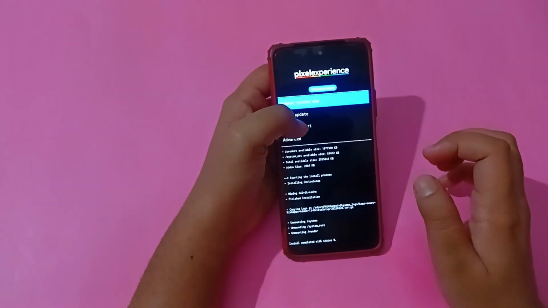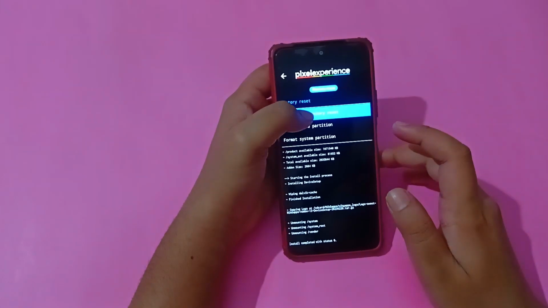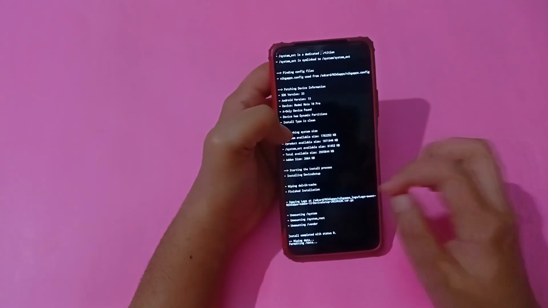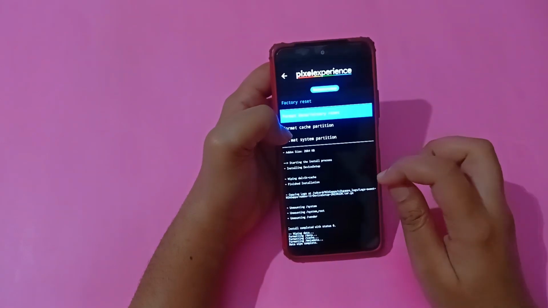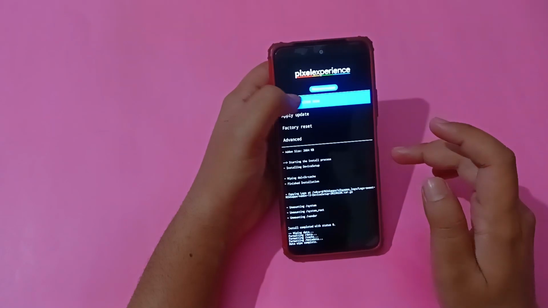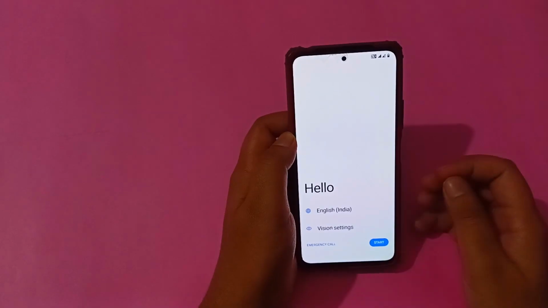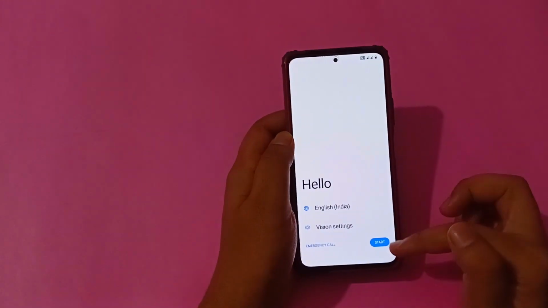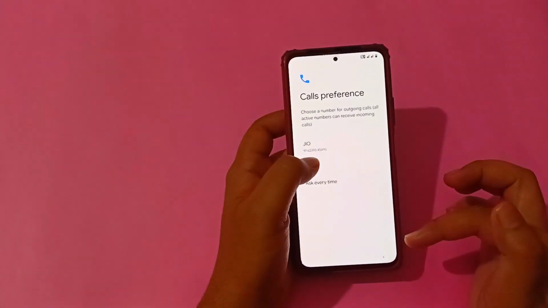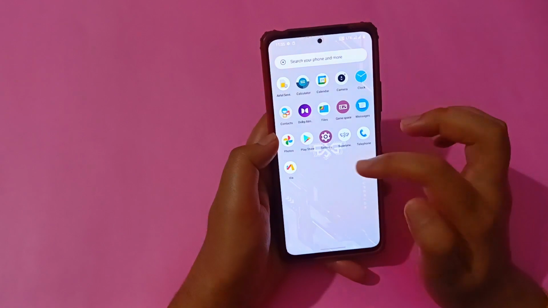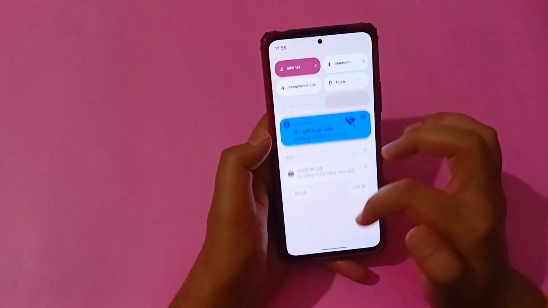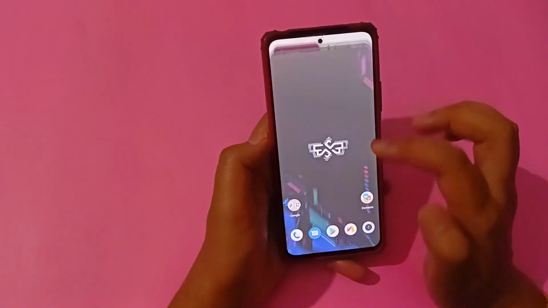Okay, so everything has been installed and all that's left is the format data, and after that we will be rebooting the ROM and we will see if everything has installed properly or not. Okay, so the ROM has booted successfully and we will just set it up. Okay, so now we have put it into the ROM and this is the home screen of the ROM, and